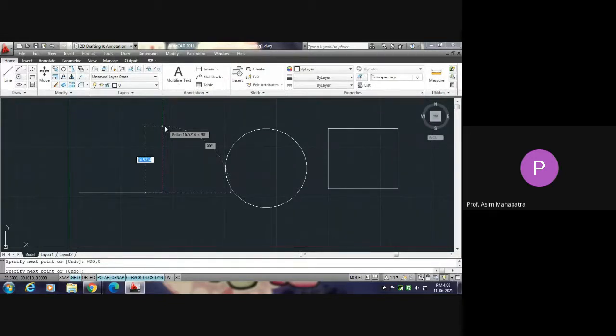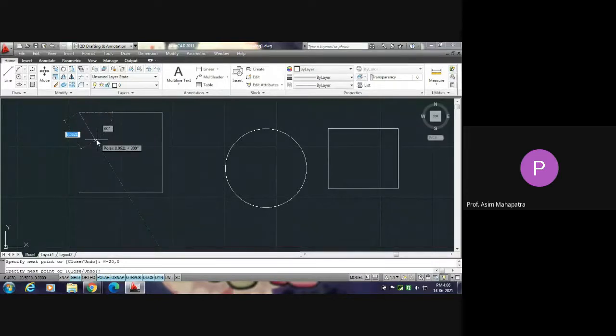But @ has been set as default in my software, so I don't need to type @. I will type only 0,20 and enter. Now you see, in the command bar, 0,20 is written and @ automatically comes. The third point will be -20,0: along the x-axis -20 and 0 along the y-axis. So it will be -20,0. Enter.